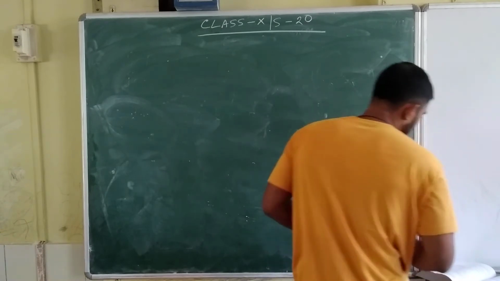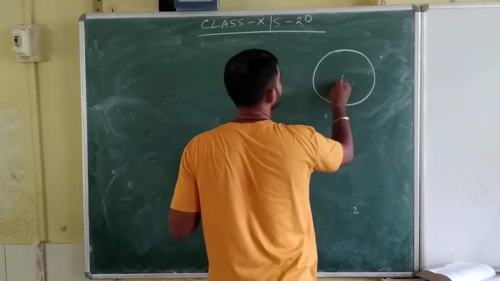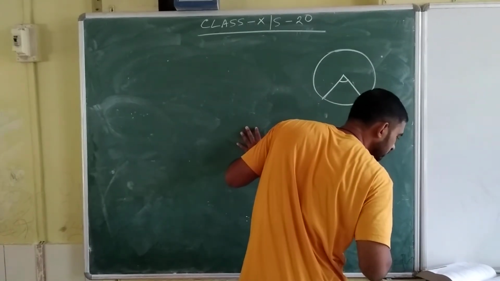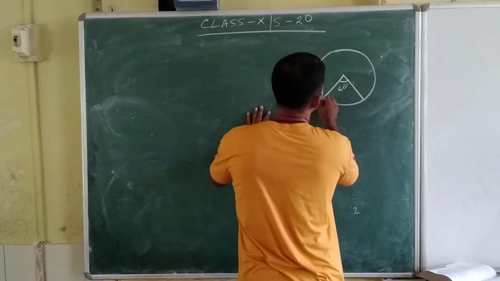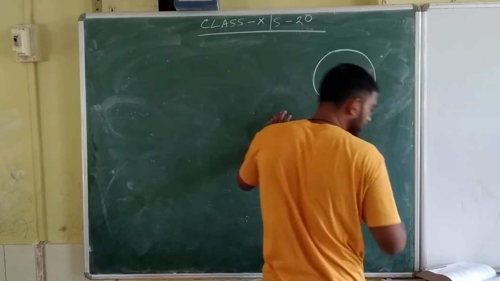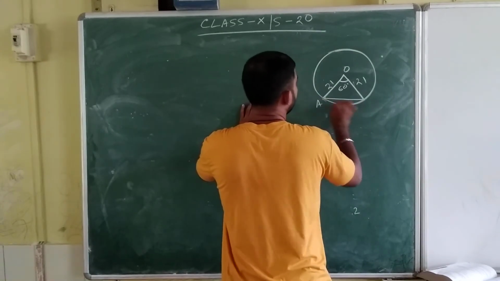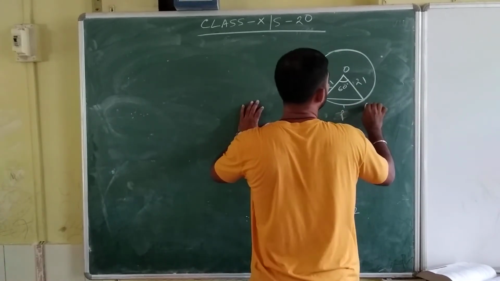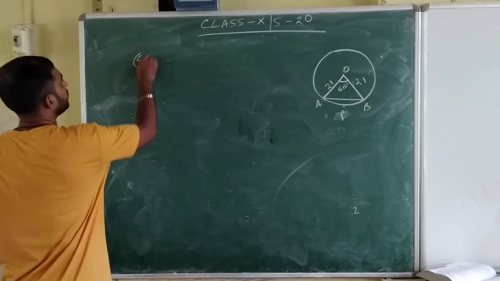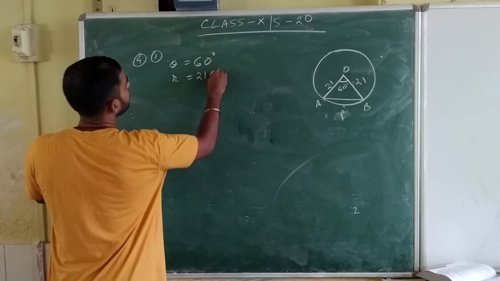So here, in this diagram, the angle is 60 degrees, then radius 21, with points O, A, P, B. Number 1 is to find the length of the arc. Question 5, number 1. First, theta equals 60 degrees, r equals 21 centimeter.